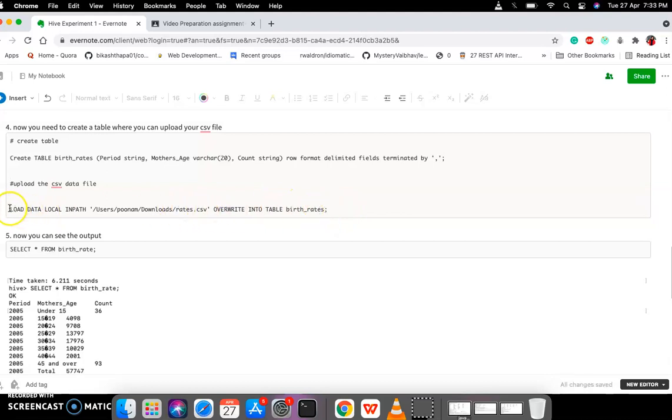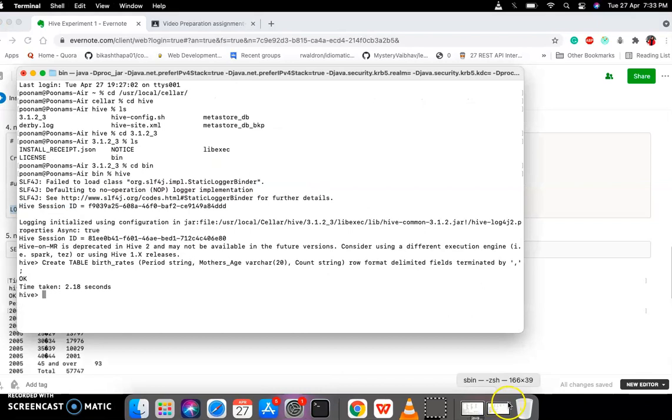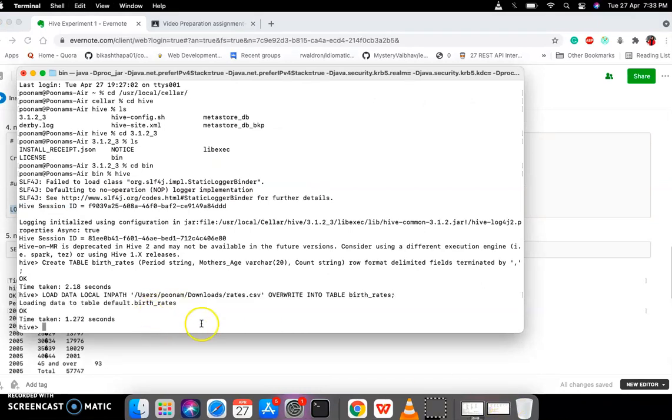So now we will upload our data in this table using this highlighted query. Okay, so we need to run this in our Hive. It will upload all the data. So okay, loading data to the table birth rates, and birth rates is in the default database.